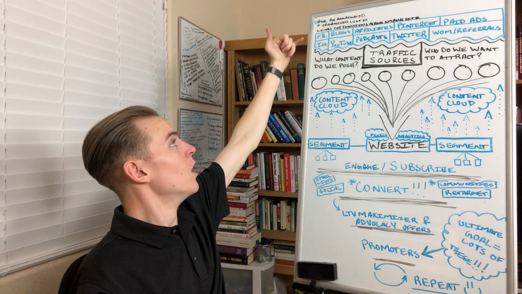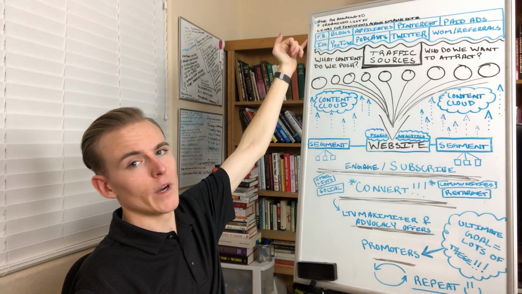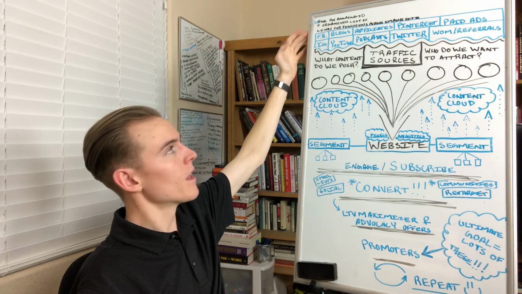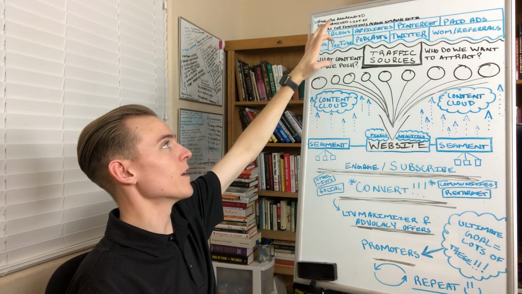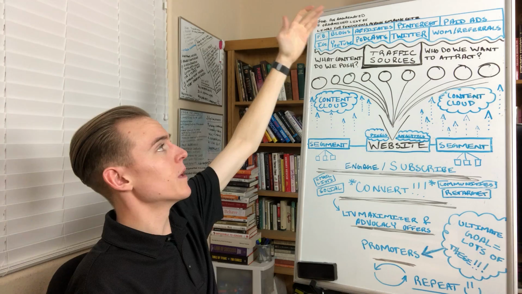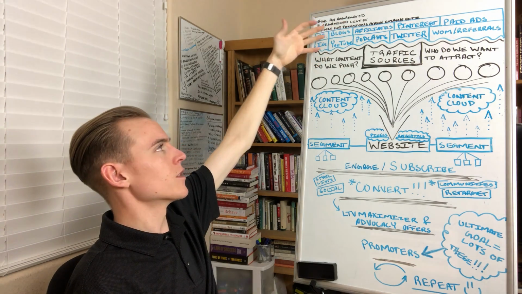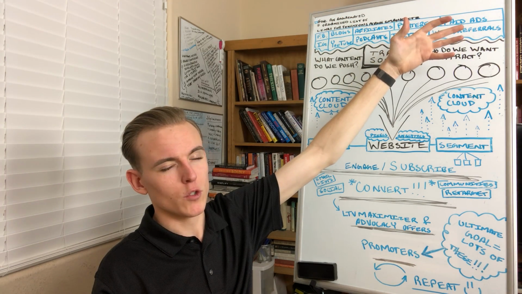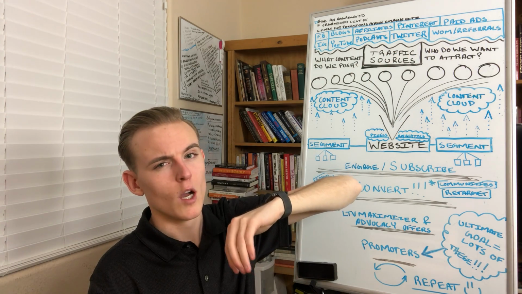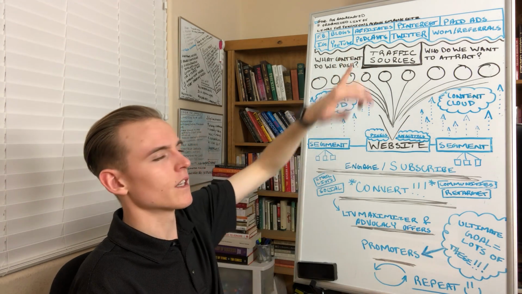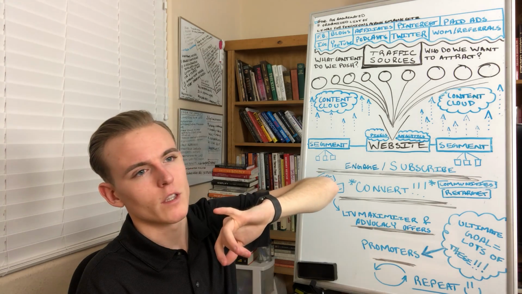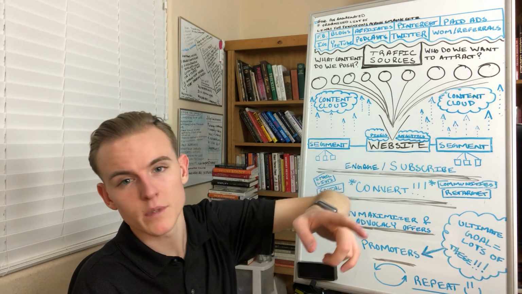So up at the very top, we have where these people hang out at, right? We have Facebook, Instagram, YouTube, blogs, people read blogs. These are actually all ways to get people to come to your website. So affiliates, what I mean by affiliates is you have people linking to your website, and you